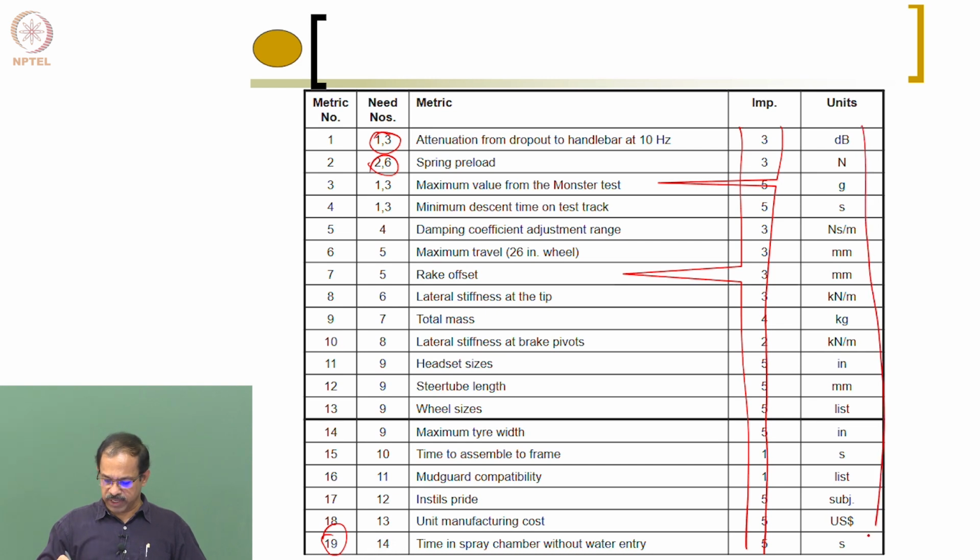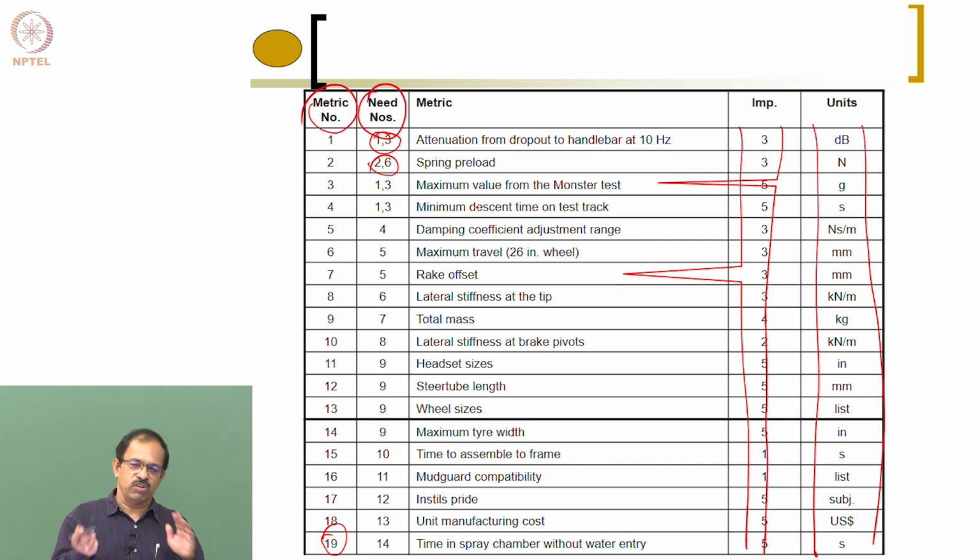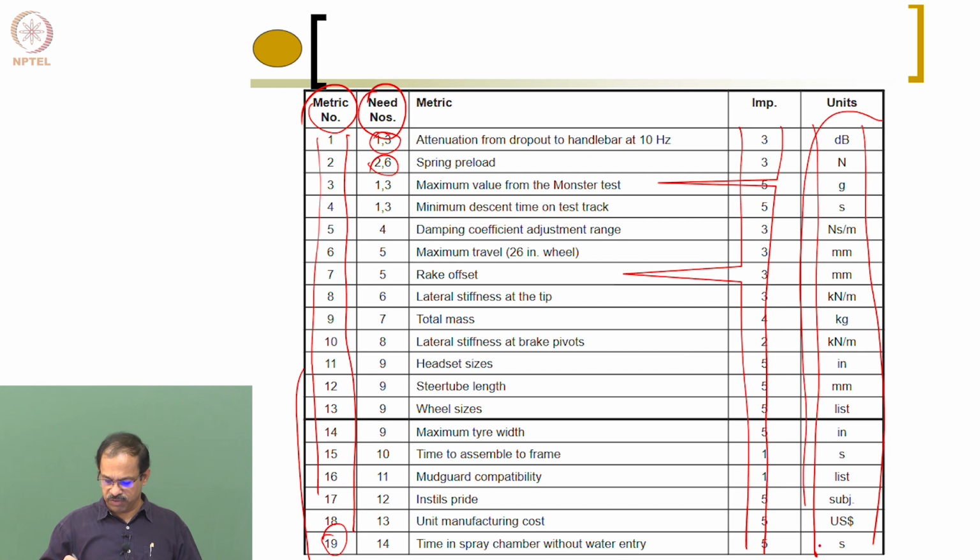Now the units for each metric can be identified because you identified the metric, and therefore it will have a unit. Any questions? Okay. So this is the metric, and these are the needs associated with the metric. So actually we put it in a different way. Initially we identified the needs and tried to identify the metrics corresponding to them. Now we are identifying all the metrics here and telling that these are the metrics of importance to us, and these are the units of these metrics.